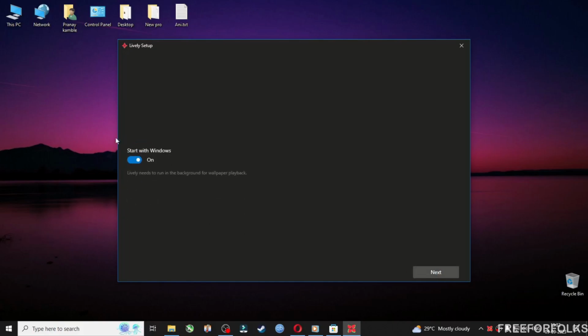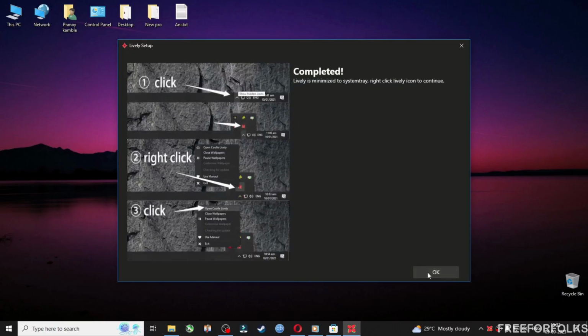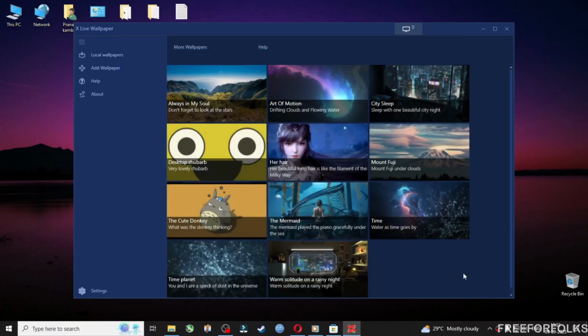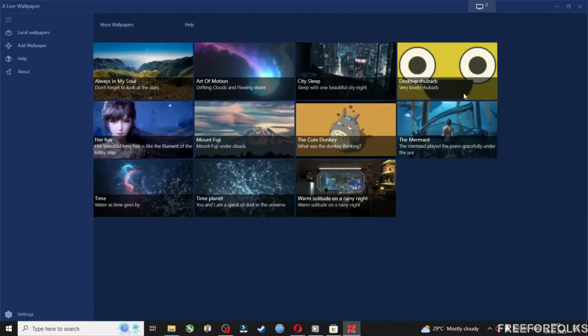Also make sure guys to keep this option turned on, so next time when you restart your PC, the wallpaper will be automatically running. These are some live wallpapers which you can find with the app. To install, you can just single click on the shown wallpaper and it will get installed on your desktop